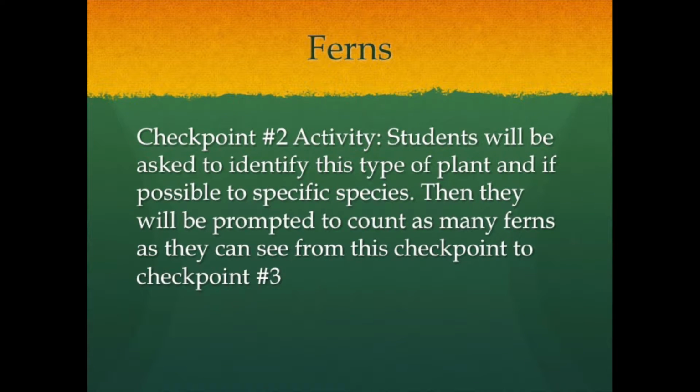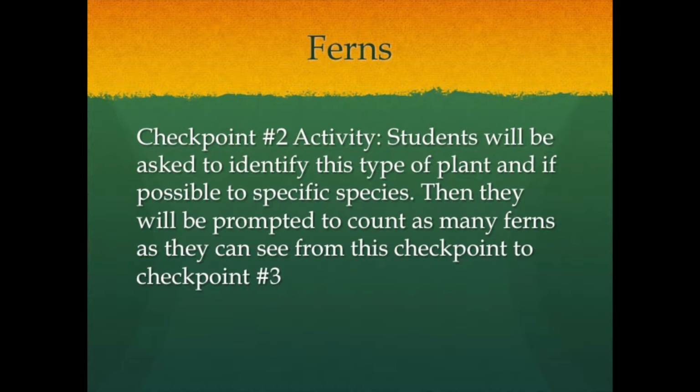The next species that you will interact with on this hike is the sword fern. At checkpoint 2, students will be asked to identify this type of plant and, if possible, the specific species name. You will then describe the 2 other types of ferns that are seen in the Lower Mainland: bracken ferns and deer ferns. Then the students will be asked to count as many ferns as they can see from this checkpoint